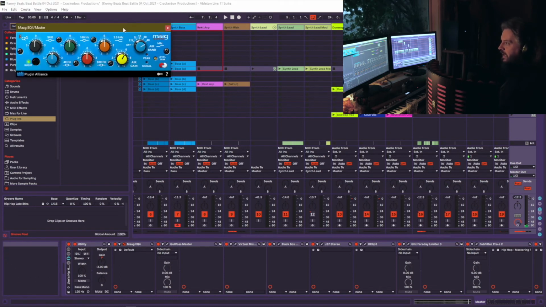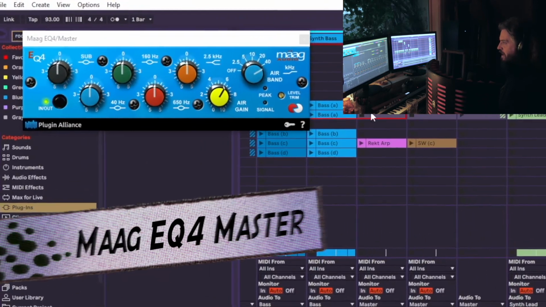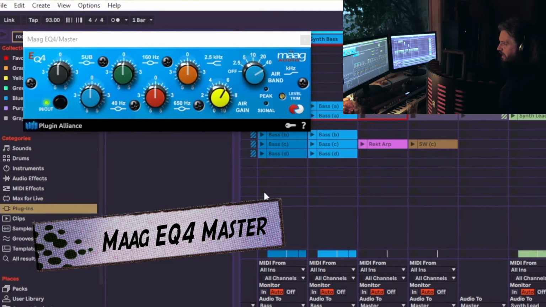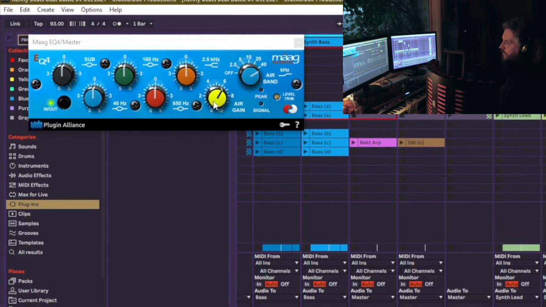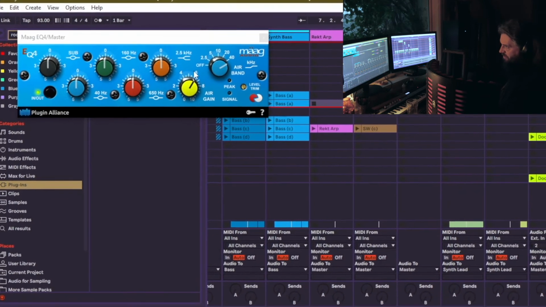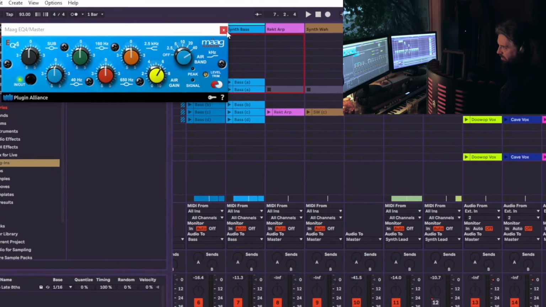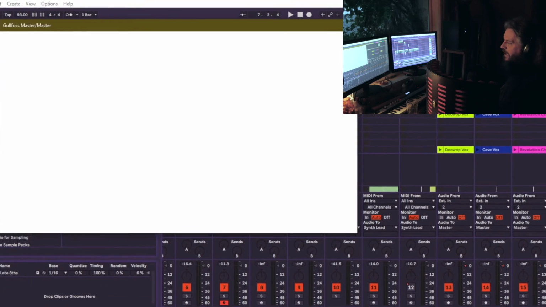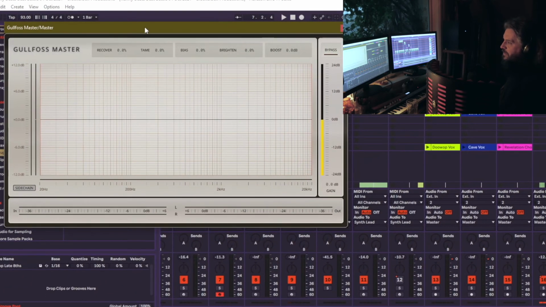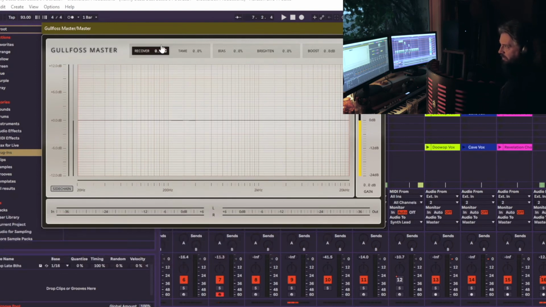Ha! But anyway, ordinarily with my mastering chain, I run into the MAG EQ just to use it for the air band. Crank the air band up to 40 kilohertz, and then dial in whatever gain I think's appropriate. Then after that, I'll have Gullfoss Master running in here. This is a nice intuitive plugin to use. Use the recovery